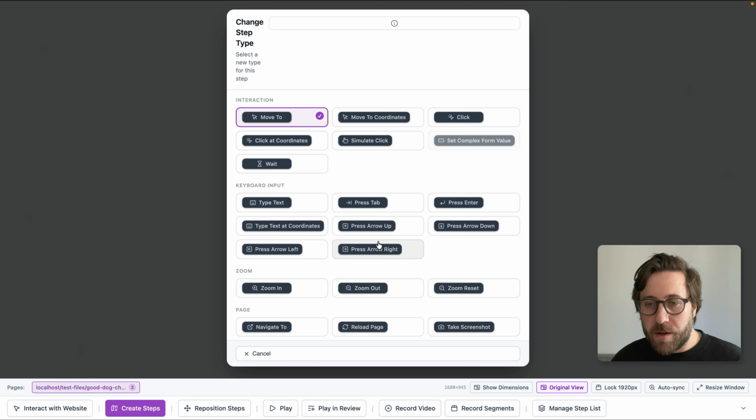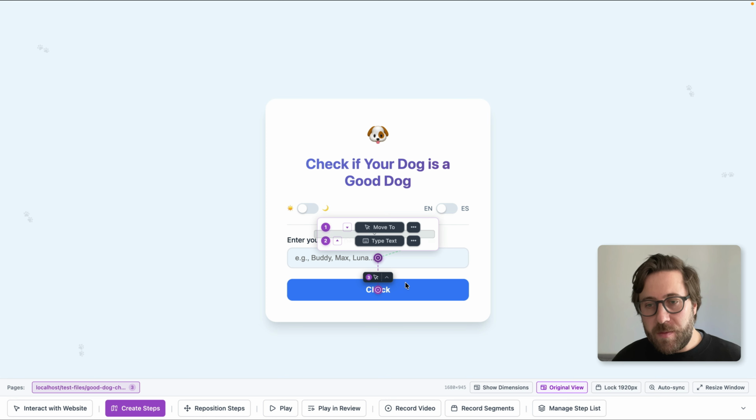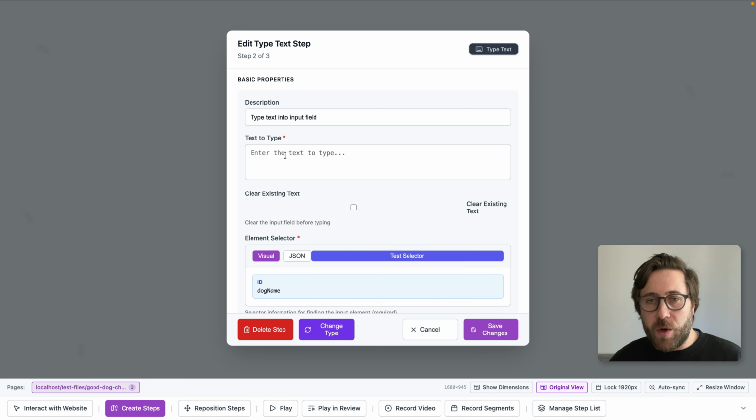So you can click that one, and then you see all the steps, or step types, that you currently can use with the application. So you have move to, you have simulate click, you can actually click, we can wait, and we can type text. So that's the one I want to use. There are also step types that are more for visual appeal, like zooming in. So we can do this in a moment, but for now, let's type the text